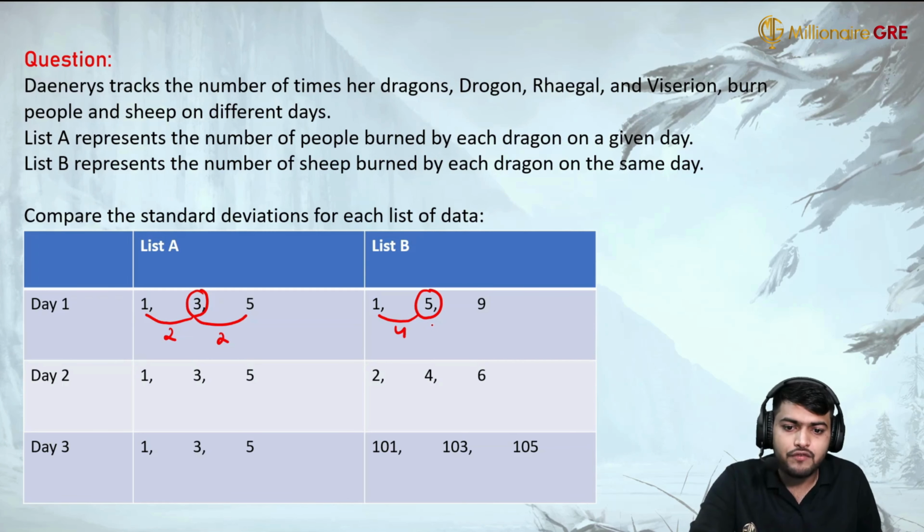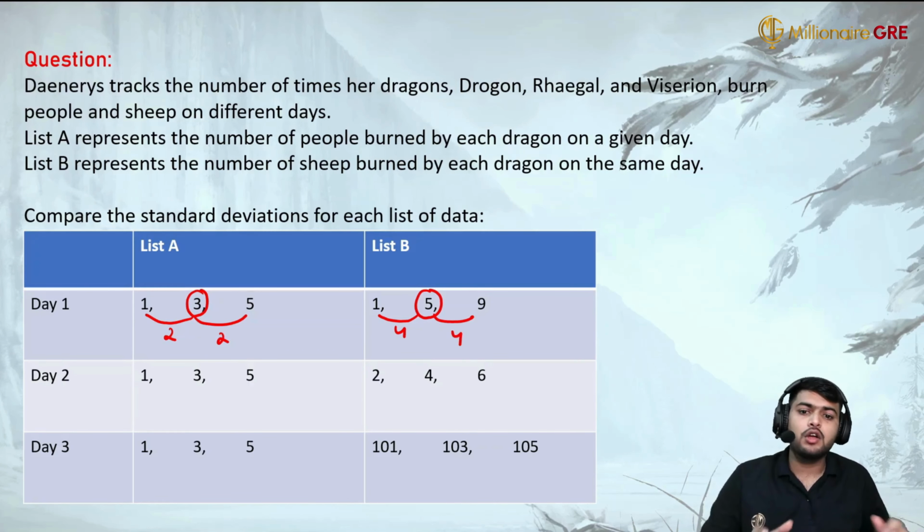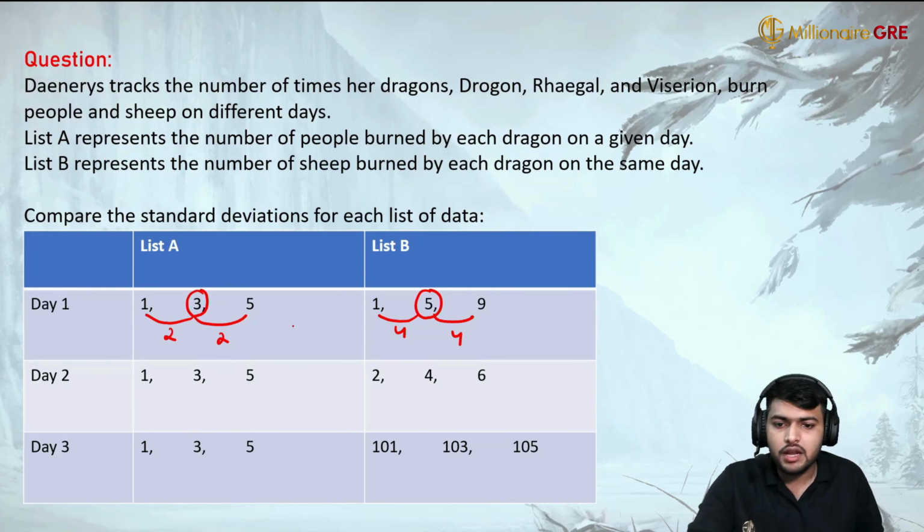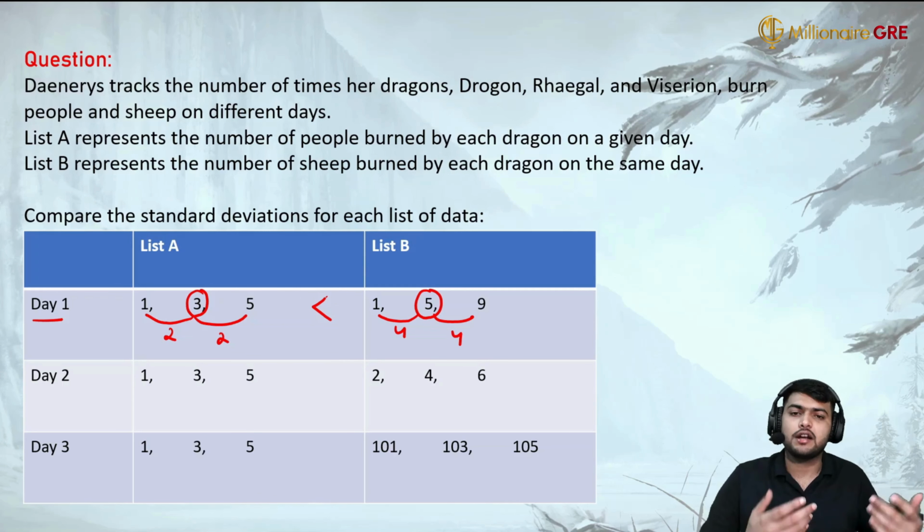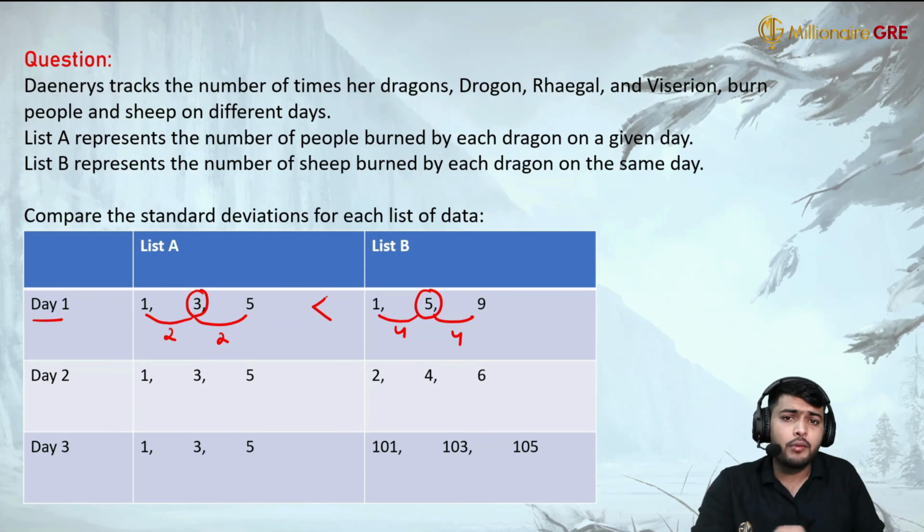1 is at a distance of 4, 9 is at a distance of 4. So obviously in list B, the terms are more deviated from the mean. Hence, list B for day 1 has the greater standard deviation. If we talk about day 2,